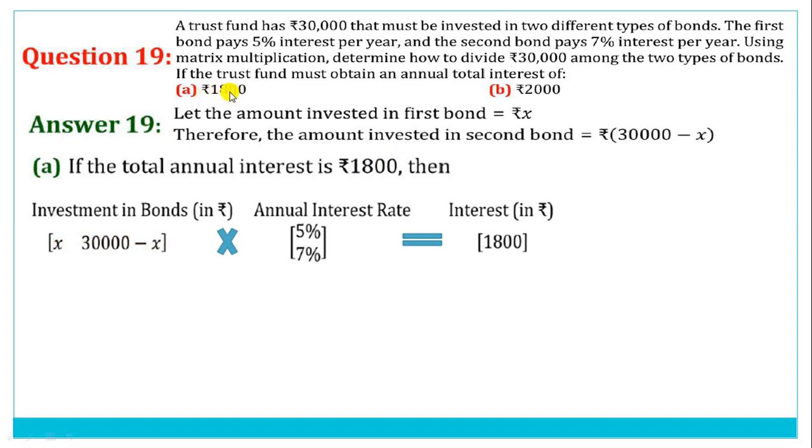We have to just compute that equal to 1800, and 1800 is a matrix of 1 by 1. So now we have to think about how to arrange these matrices. We have two amounts, and if we arrange them, we will get a matrix with two elements. And the same is for the interest rate. We have two interest rates, so we have to think how we can arrange these two elements in a matrix, and again these two elements in a matrix, such that the multiplication of both of these will give us a matrix of order 1 by 1. Okay, this is what we have to think.